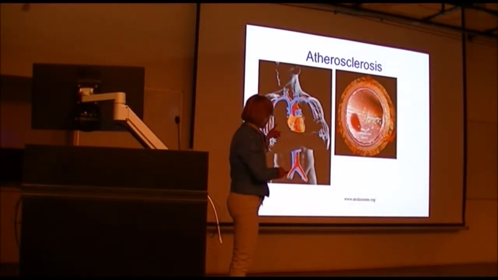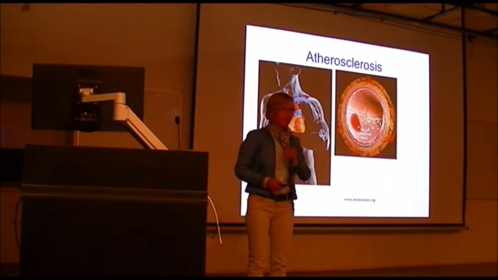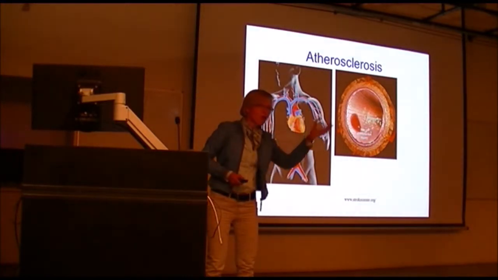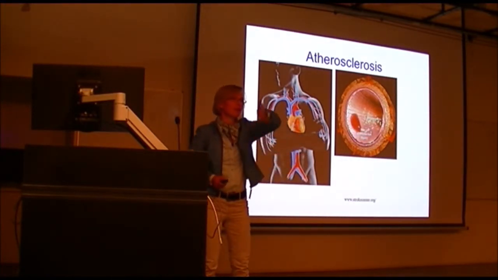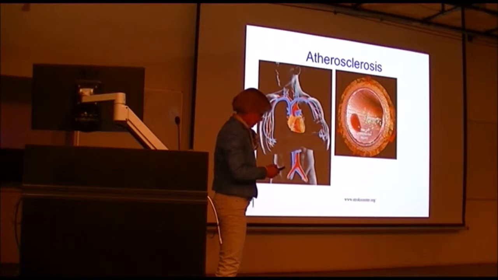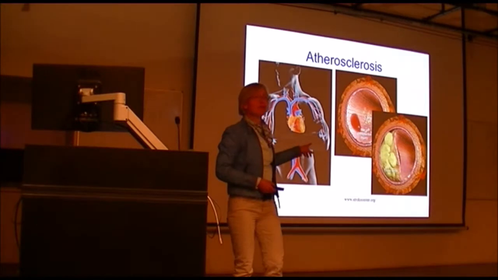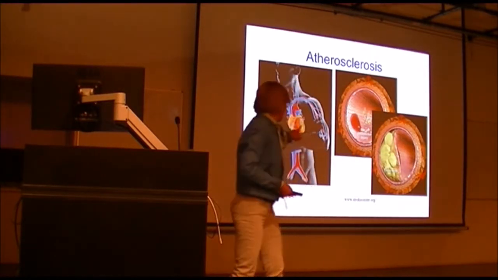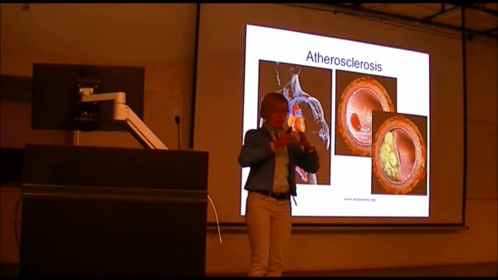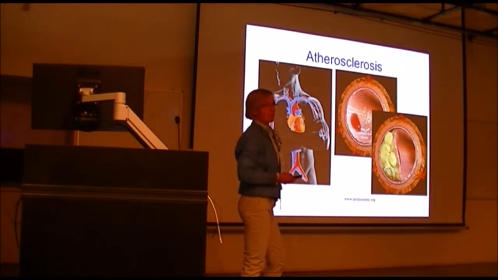What you see here on the right panel is a cross-section through a human blood vessel, a medium-sized one. And over here you see what we call a site of endothelial injury. Endothelial cells are the ones who smoothly cover the inside of your blood vessels. In general it's fit, but not always. Over here we have a site which is not that fit. And what's going to happen, and here we're talking about 30 years in between, is that lipid starts to accumulate over there, the blood vessel narrows,